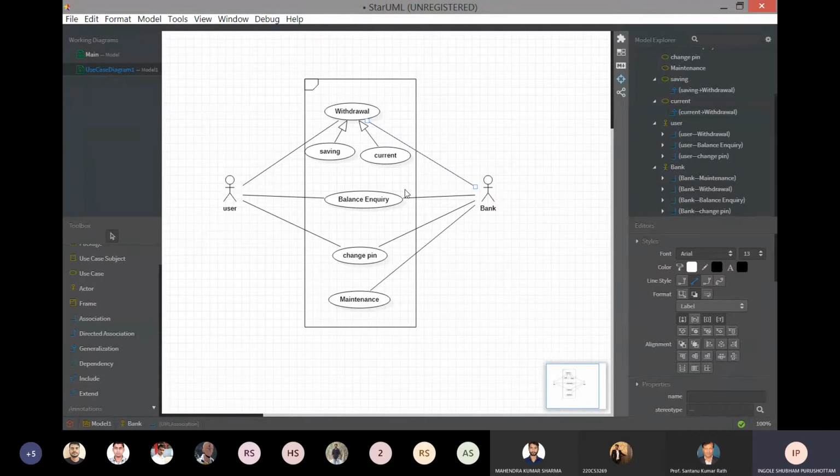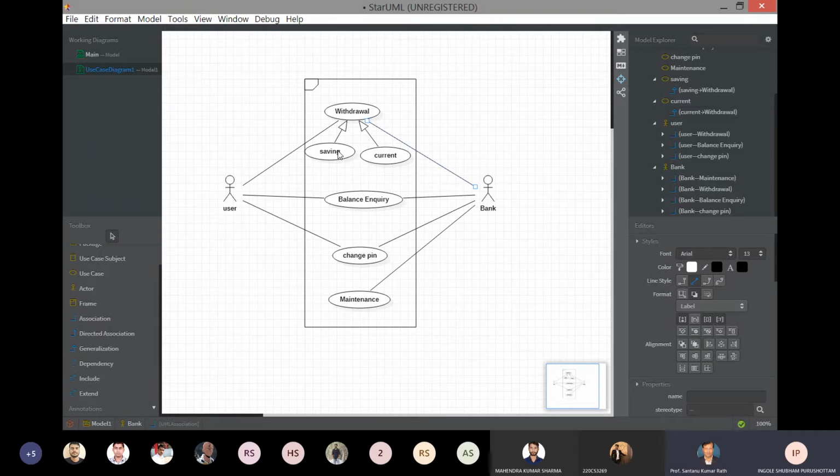What functionalities are you showing in the use case? It all depends on that. So it is not necessary to use all this, but it will be a good choice to use include and extend relationships. I am showing you here the generalization relationship. And last time also I told you, it only shows the functional requirement.